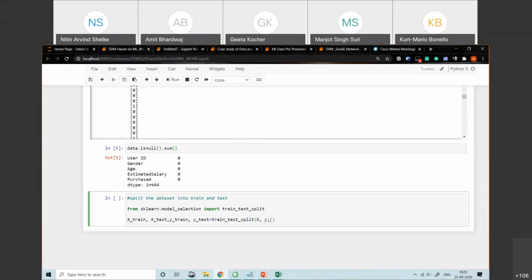So the test_size is equal to, let's take 0.2. Okay, so 20% is given to the testing, and random_state is equal to 0.